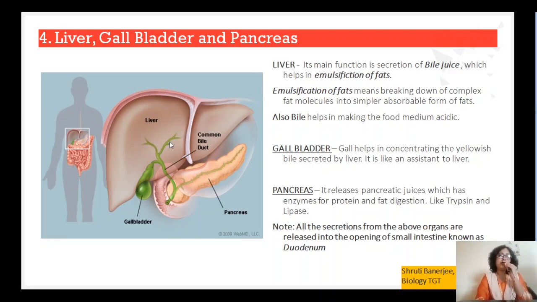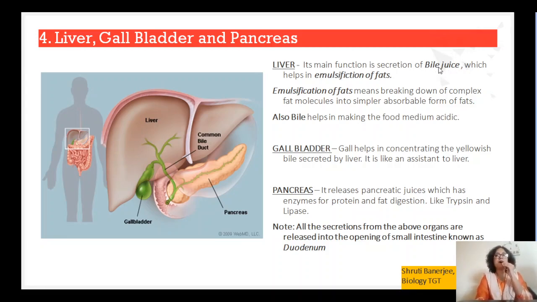So what is this liver? See, there are many different functions of the liver. In digestion, the liver secretes a special type of juice known as bile juice, right? Now this bile juice is basic, alkaline in nature. In the stomach, the gastric juices were acidic because of hydrochloric acid. So when the liver starts releasing bile juice, the medium of the food turns from acidic to basic, that is, to alkaline.